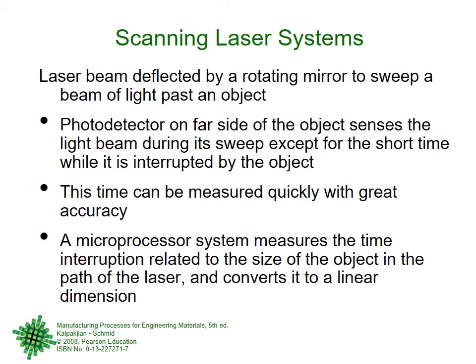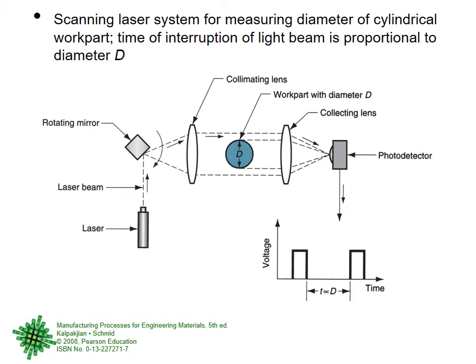Inside there will be a lot of electronic control, the optics of a laser, you know, in physics you have done lasers and so forth. So we know that scanning lasers will be there. Here I am just showing you, this does not belong to a manufacturing class, a laser producing unit which sends a laser beam, there is a rotating mirror, it goes through the collimating lenses, right? So this is one lens, this is the other lens, this is your part. Then its image comes here and it is detected.